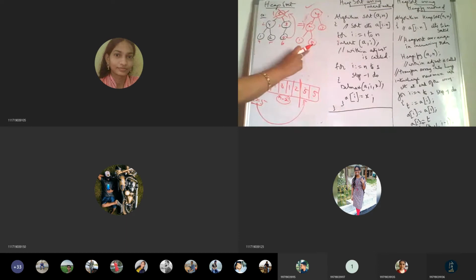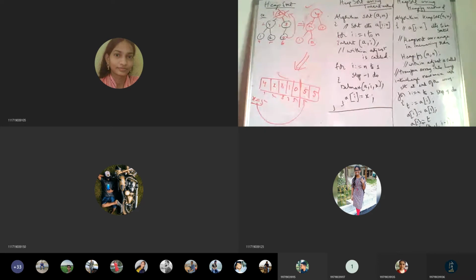So once we get the max heap, let's rewrite it here. Okay, so now the root will become 4, and this is 2, and this is 3, and this is 1, 0. Okay. So these are the elements which are left over in the tree. Is it not so? 1, 2, 3, 4, 5. These are the elements which are left over here.